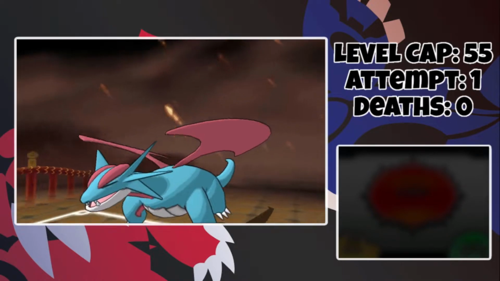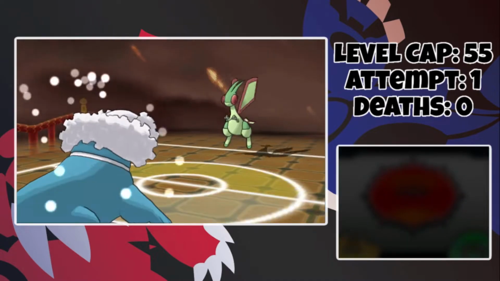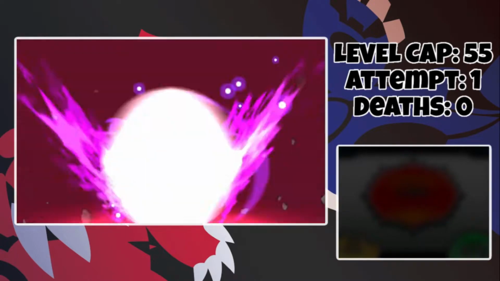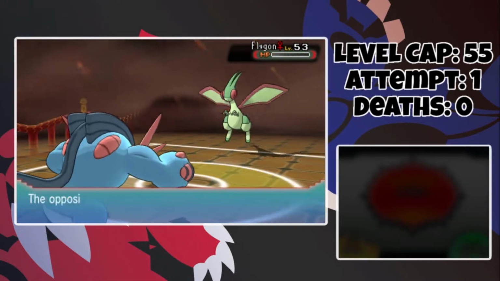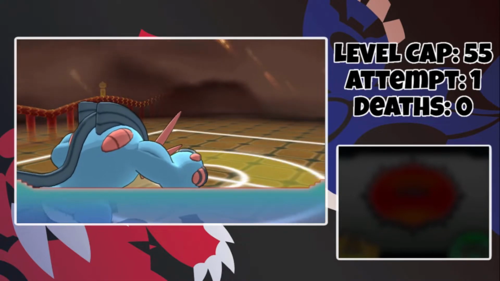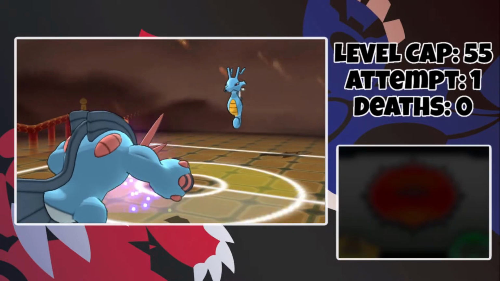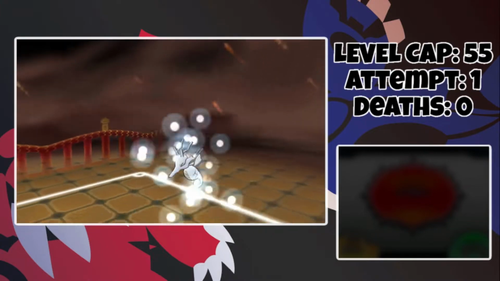We go for the Aurora Beam, take down the Salamence, and then another Flygon comes in, so from here I switch over into my Swampert, Mega Evolve, go for a Waterfall, take that down, and then lastly they send out a Kingdra, which is the only Pokemon that was actually hurt by the Toxic Spikes in this fight. Now I go for a Protect before going for an Earthquake on the next turn and finishing it off with a critical hit. That was Drake defeated, and now we can move on to Steven, the champion,